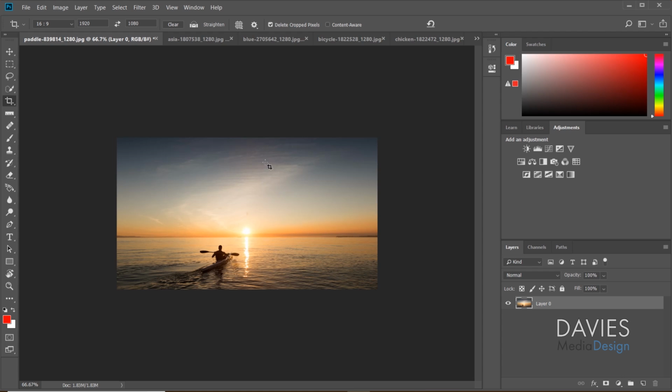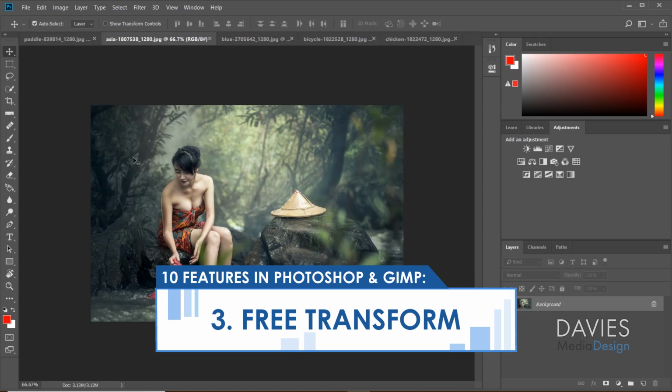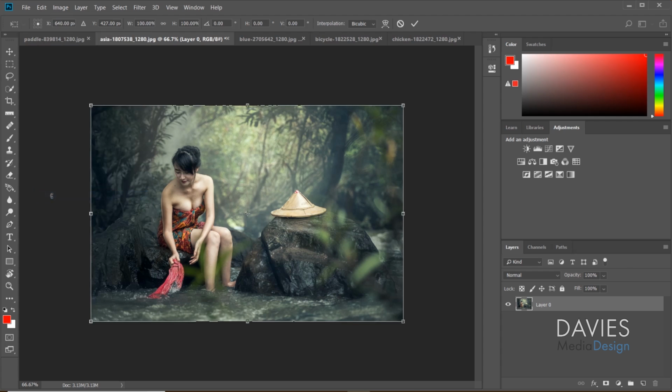The next feature I want to highlight is the free transform tool. So I'm going to come over here to another picture and just get off my crop tool. So I just hit the move tool here. So in Photoshop, you can use something called the free transform tool, and that allows you to perform multiple transformations on the image using a single tool. So I'm going to come over here and unlock my main image layer, and I'll go to Edit, Free Transform,